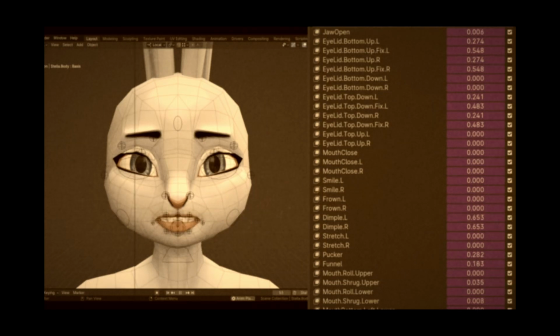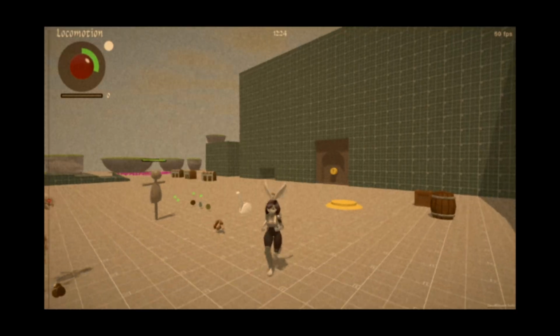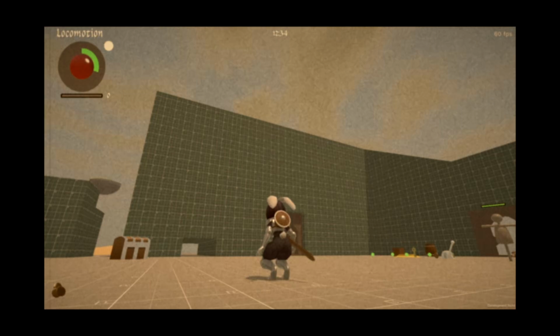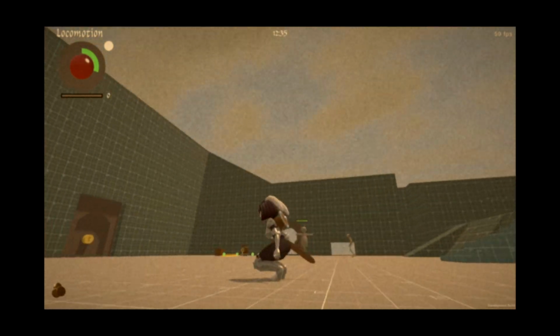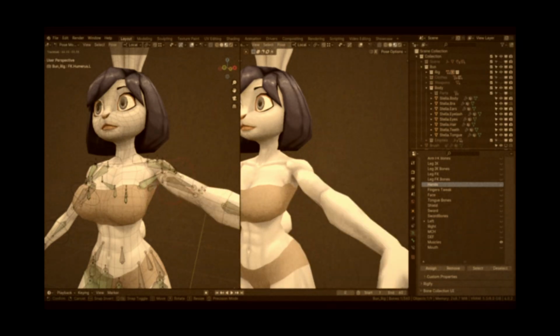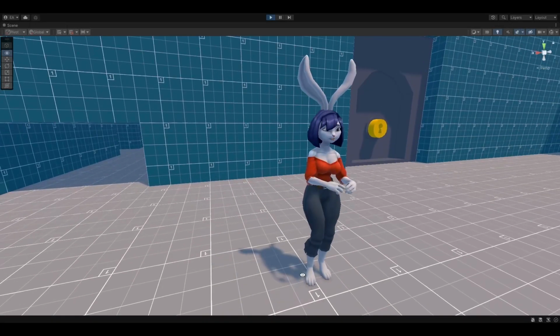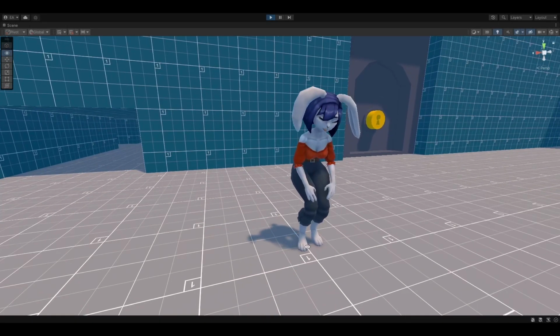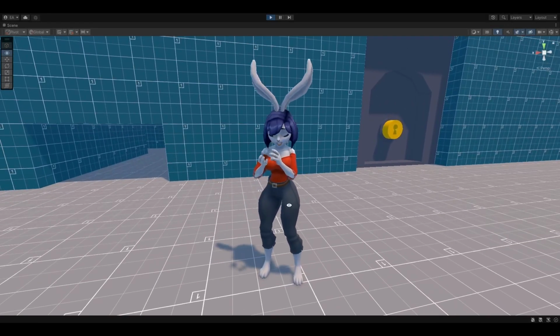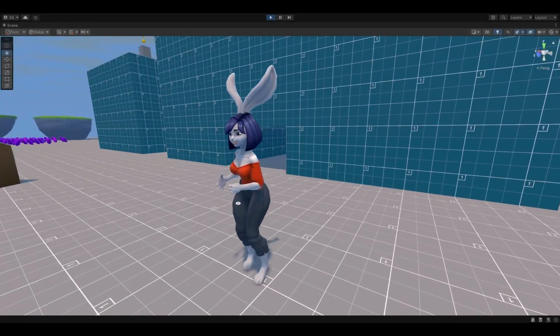In the last video, I spoke about how I was having trouble exporting blend shapes from Blender into Unity. I wasn't able to find a proper solution to the export problem, so instead I tried to solve the problem inside of Unity. First, I tried to create a script that acted like a driver inside of Unity. Basically, I tried to use the position and scale of the face bones to drive the blend shapes themselves. The problem I found myself having is that I couldn't figure out how to get the values I needed in order to drive the